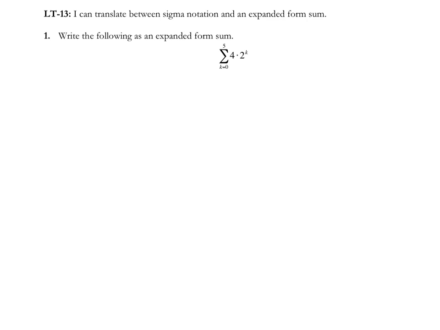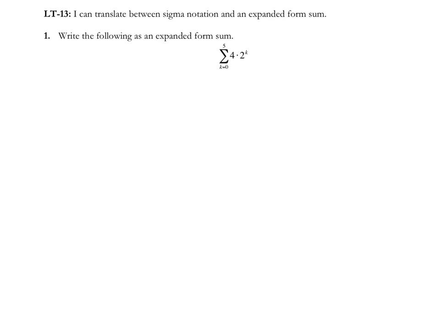Learning Target 13 says I can translate between sigma notation and an expanded form sum. Just as a reminder, this is an example of sigma notation. It's a way of writing out a sum in a concise way. So rather than writing 1 plus 4 plus 16 plus and so on, and giving a whole long list of numbers that you're summing,